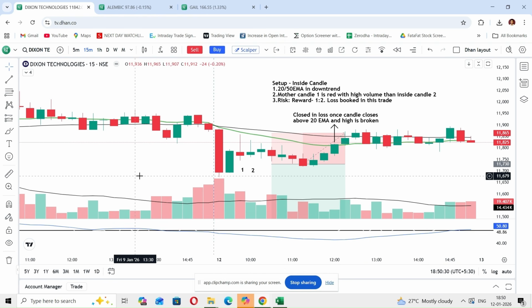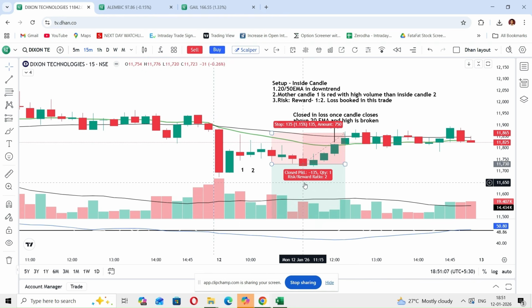One of my trades today was Dixon Technologies, where the setup formed, and I have marked two candles here, candle 1 and candle 2. This is the inside candle setup. If you see, the mother candle is a red candle and it has high volume. That is why, when the low of the mother candle was broken, I took this trade with the high of the mother candle as the stop loss. My trade got executed